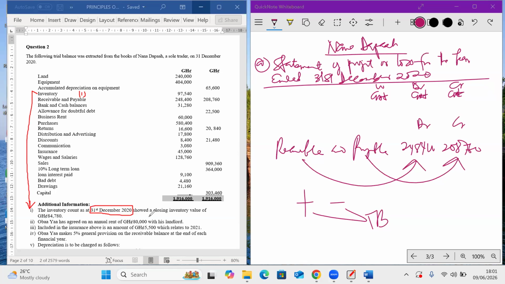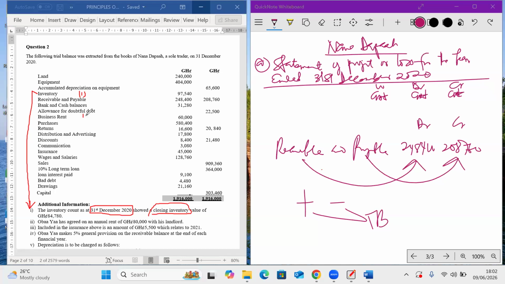Do you get it? Yes, sir. So it says the inventory count as at 31st December 2020 shows the closing inventory. Some questions will not state it. You should know the one in the additional information is the closing inventory, 84,780. Obaya has agreed on an annual rent of 80,000 with his landlord. So rent, 80,000. When I go to the trial balance, I'll look for rent and I'll write II, footnote II. So when I'm working and I get to rent, the rent figure there will tell me that